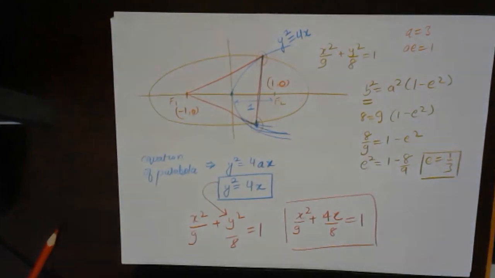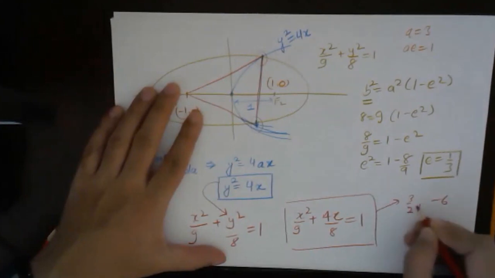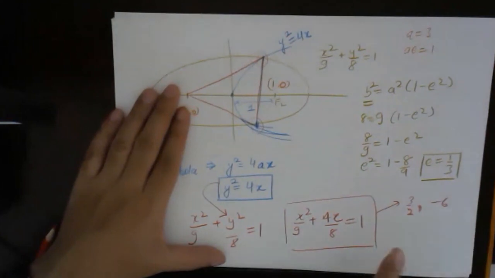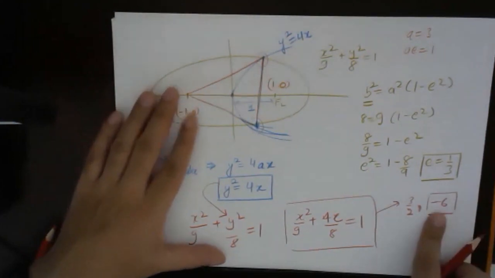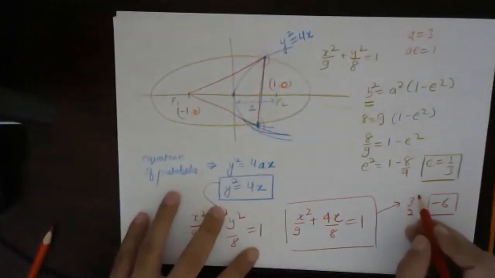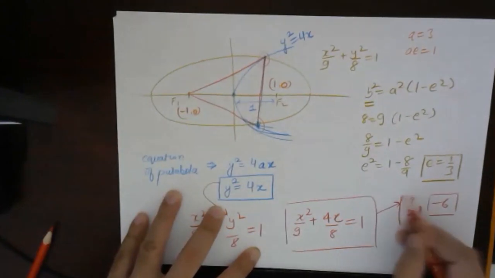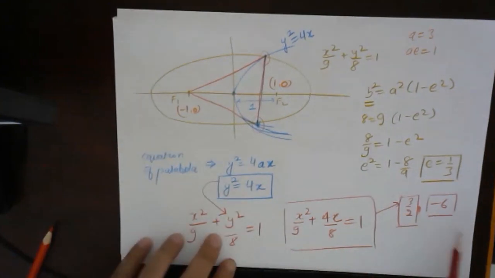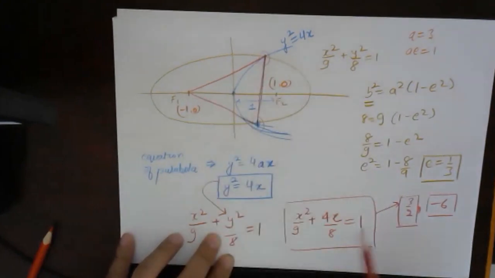3 by 2 comma minus 6. Okay, so one of you has got 3 by 2 comma minus 6. We are getting two roots, right? So this root we will not take because this will be imaginary. This is 3 by 2, and since x will be on the positive side, we will take only x equals 3 by 2, right?